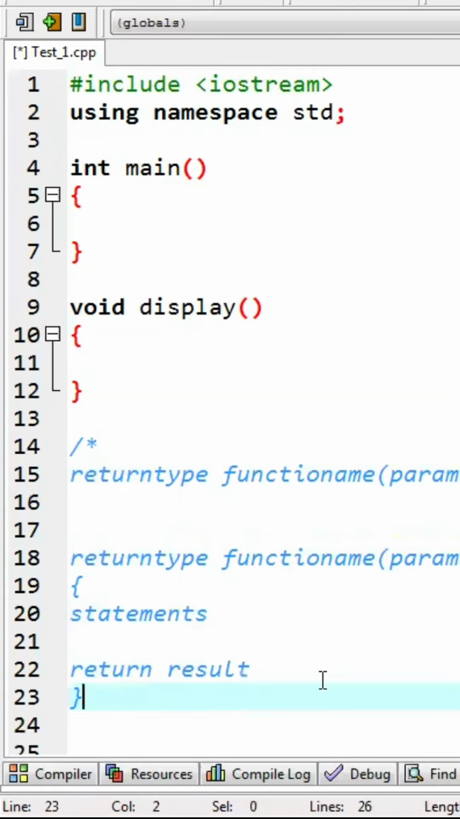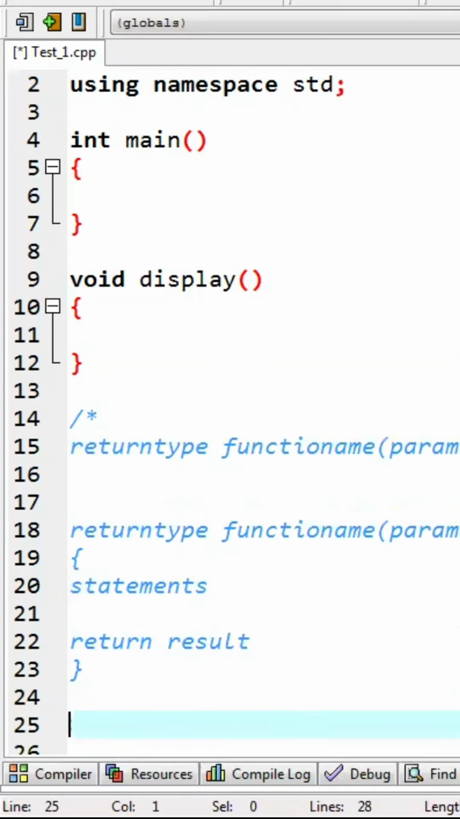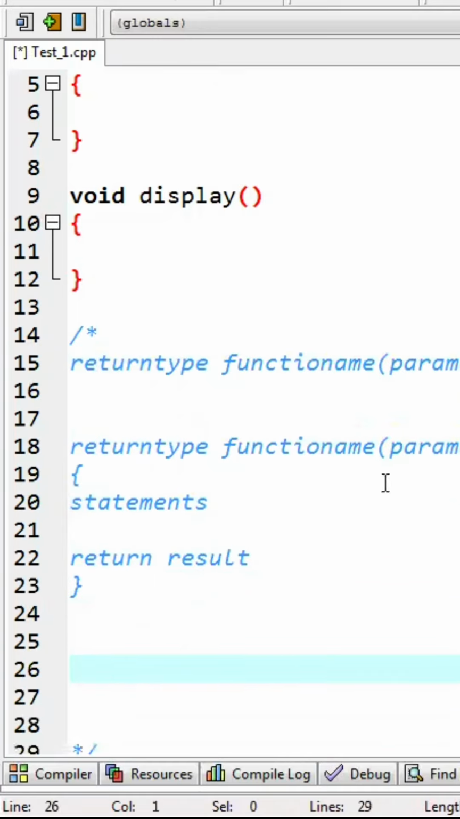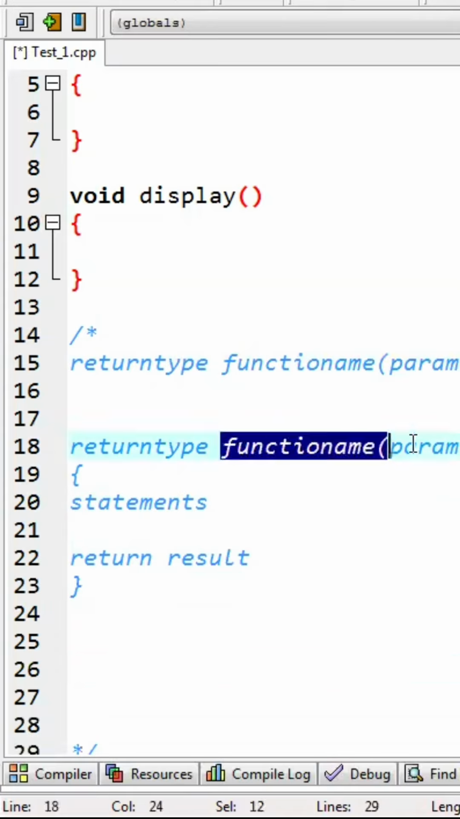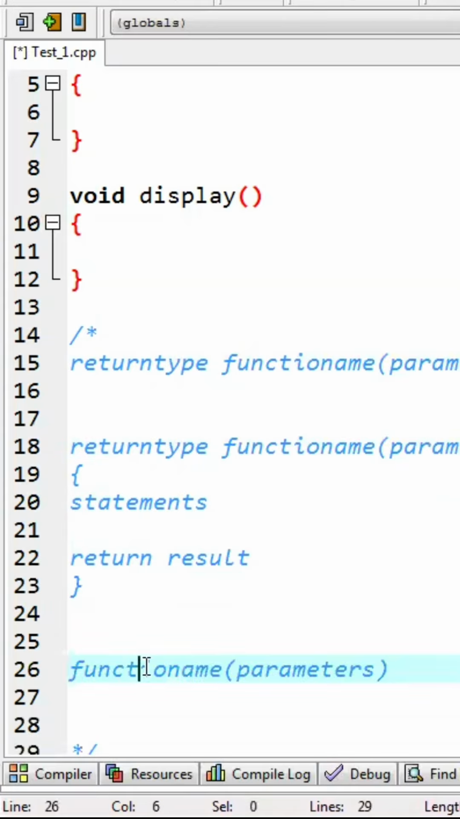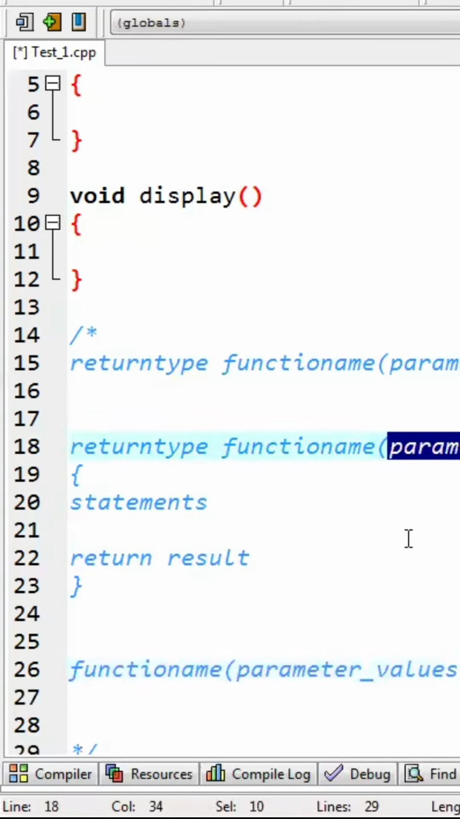Now the function is also called. So for execution of this function, we need to call it within main. For calling it within main, we need to call it with the name, that is the function name. No need of writing the return type in the calling statement. We just write the function name followed by parameter values. So whatever values you need to provide here, you write here. So parameter values you provide for these parameters. So these are the three elements. First is declaration, then is the